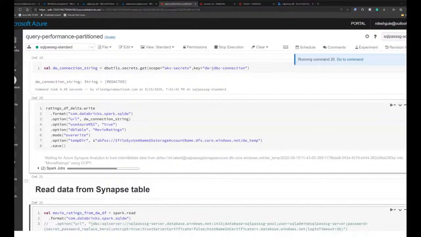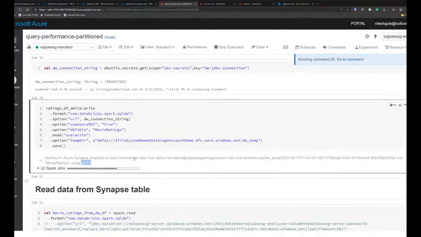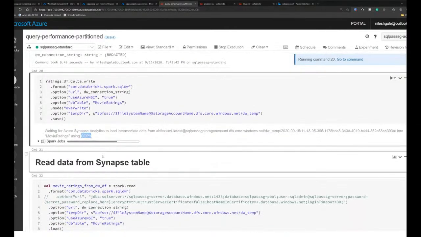With the recent version of Databricks runtime 7 and above, the process here is actually optimized and it's using copy activity, which is even more optimized than polybase. So if you're using the latest runtime of Databricks, it would use copy instead of polybase for writing.